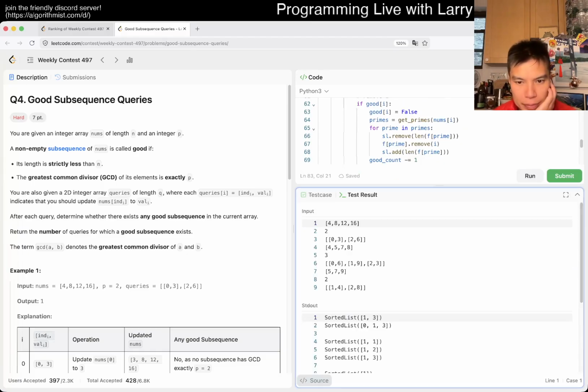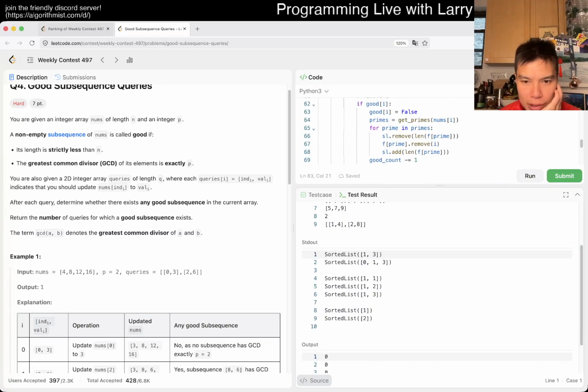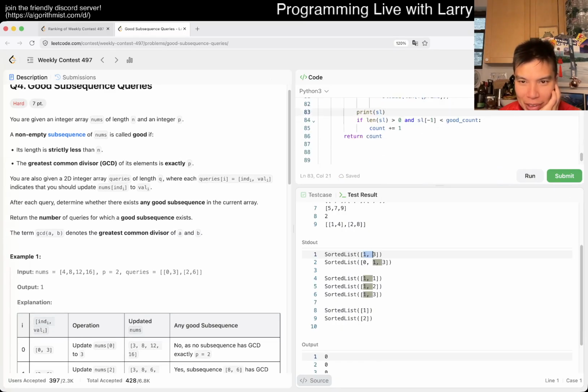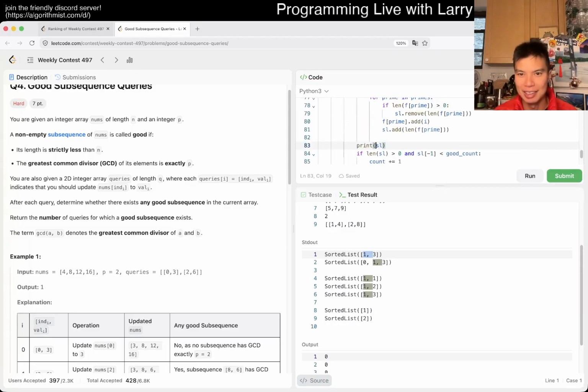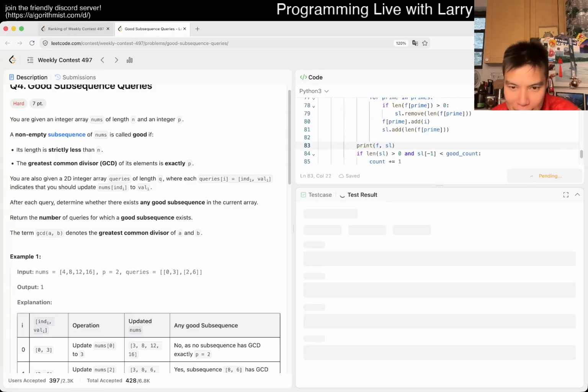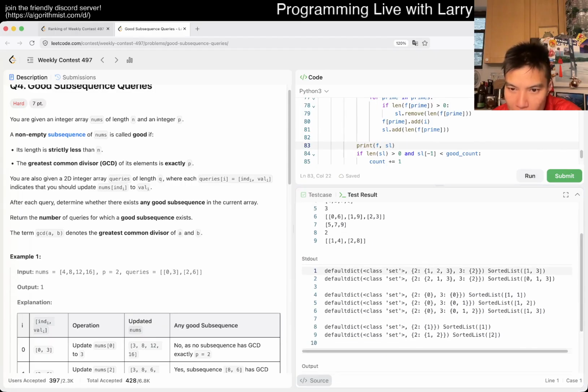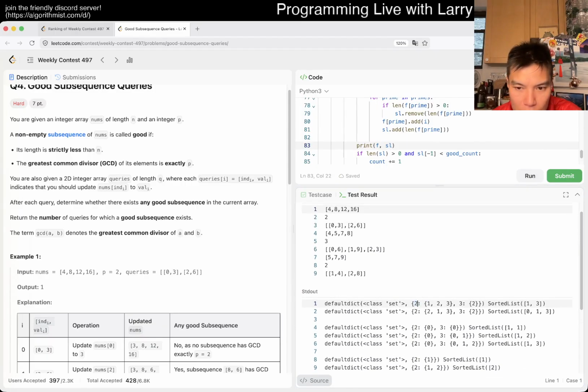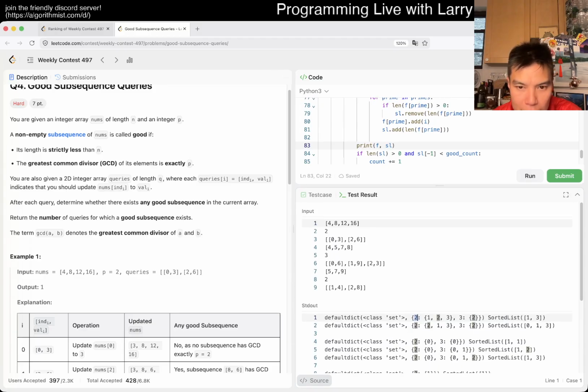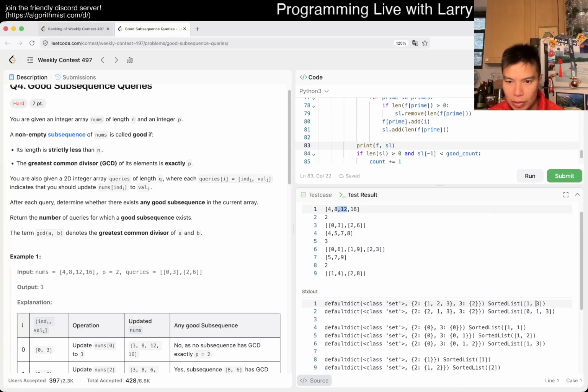Let's see, right? So we have 1 and 3, which is not very helpful, honestly. But okay, let's see, right? So primes, right? So F we have 2 and 3. So 2, we divide it by 2, right? So after the 2, then these 3, and the 3 has a 2. Okay, right? So the sorted list is 1 and 3, 1 element and 3 elements, right? And then now,